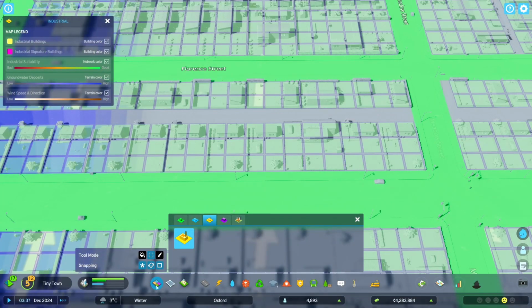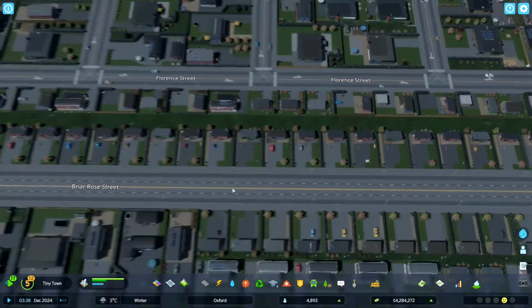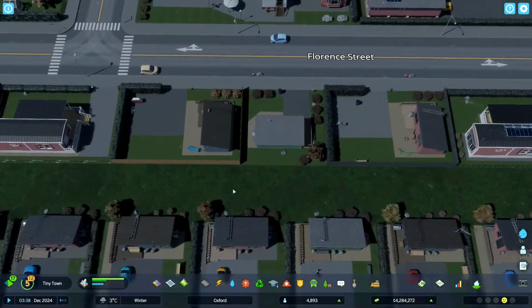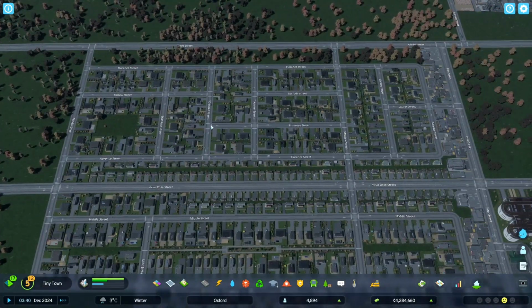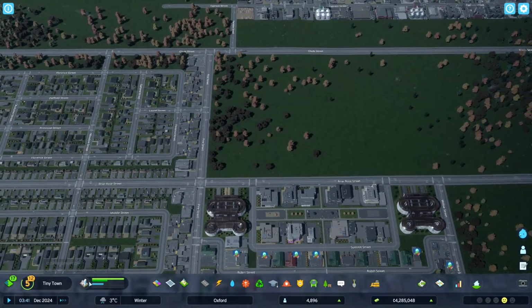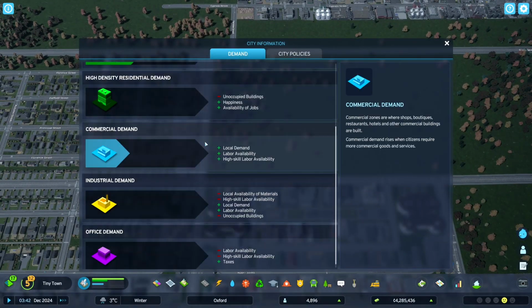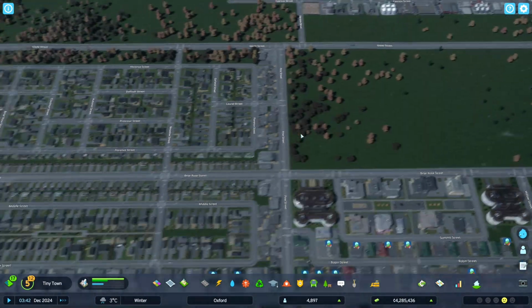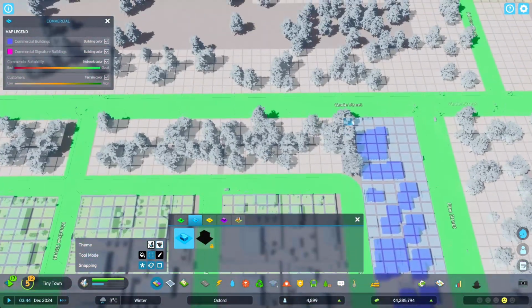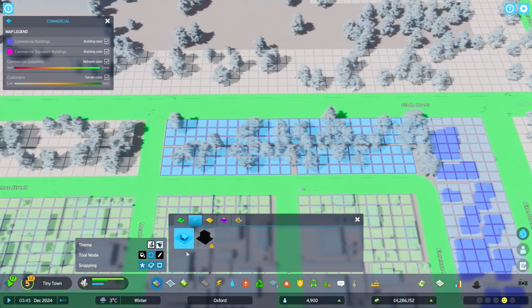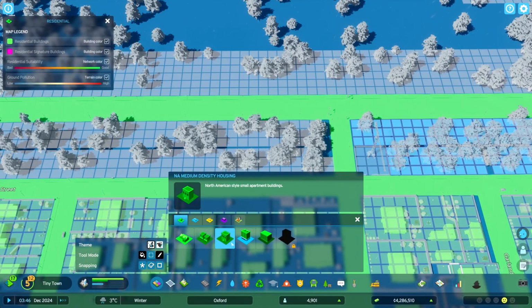Lots of identical houses along this road. We've got this big, not big, it's long. It's quite skinny, even skinnier than the last part we've done. Gaps behind those houses. You can see I've already got residential demand up, quite a bit of medium already. Could maybe throw a bit more commercial around this top. Obviously with all those new residents moving in, we've now gotten a bit more commercial.